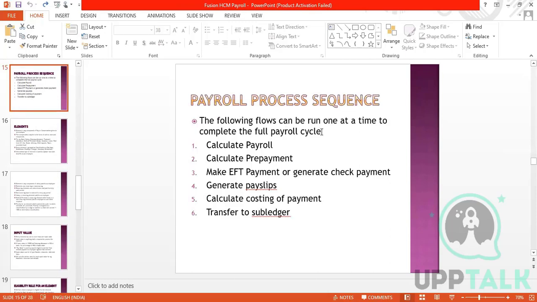Payroll process sequence. The following flows can be done at any time to complete the full payroll cycle: calculate payroll, prepayment, make EFT payment, generate pay slips, costing of payment, and transfer to subledger. So all these things we are going to think